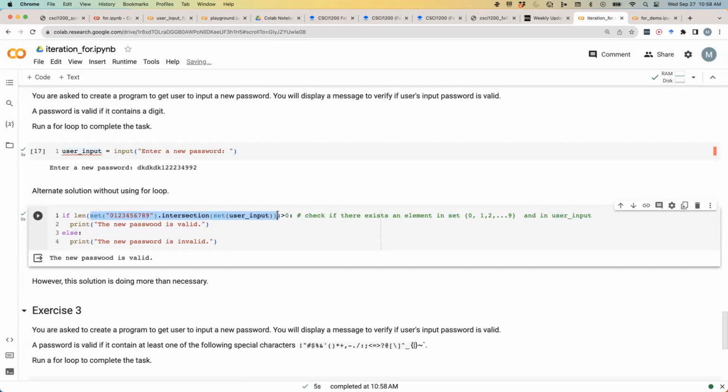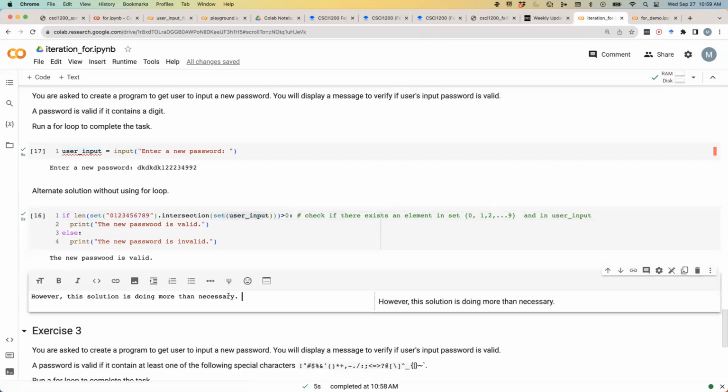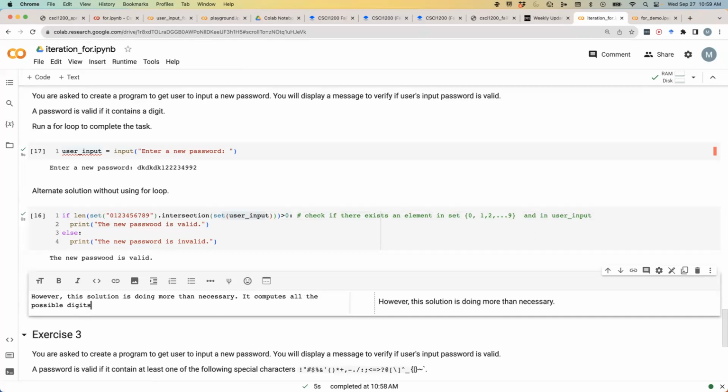So the intersection will have 1, 2, 3, 4, and 9. The length is definitely more than 0, but it also computes all the possible digits that are available in the user input, which is not necessary,